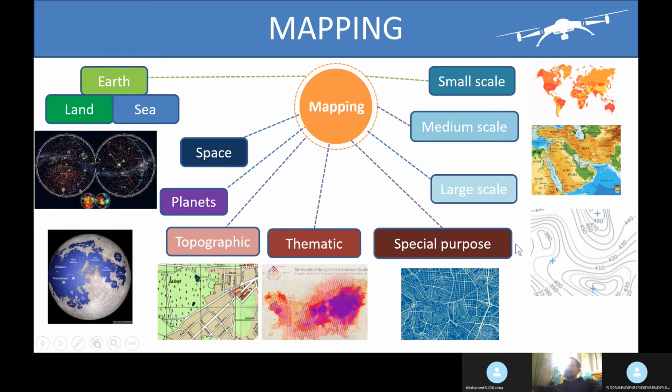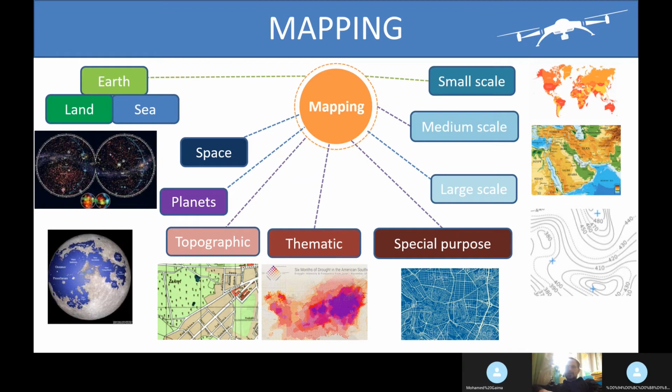Also, we have three main kinds of maps. One kind is topographic maps. It's a kind of universal map that shows us all the spatial features on the territory: natural, environmental, social, transportation, housing, and so on. On the other hand, thematic maps give us only one or two